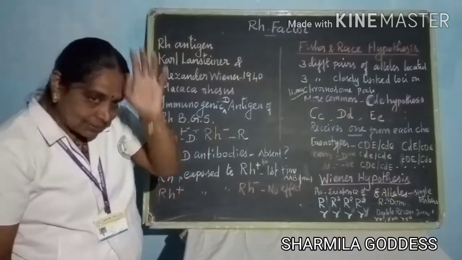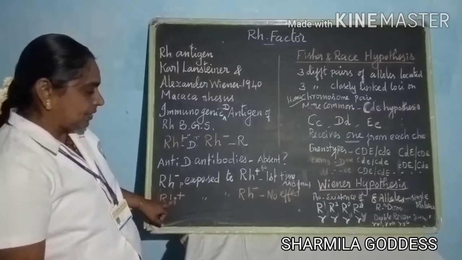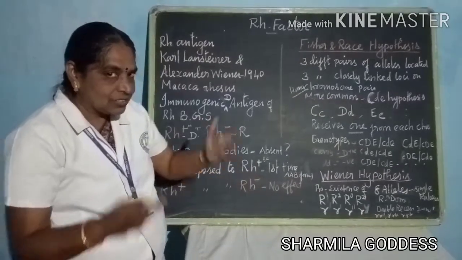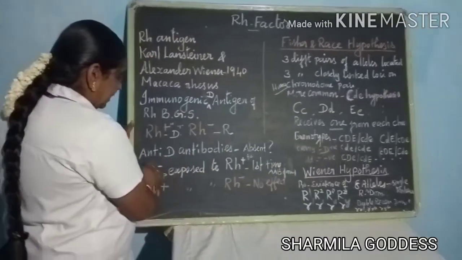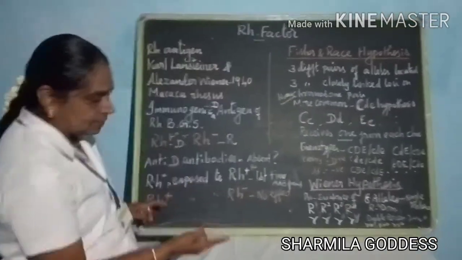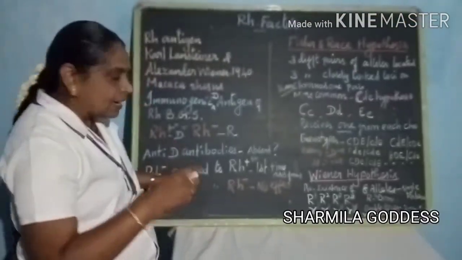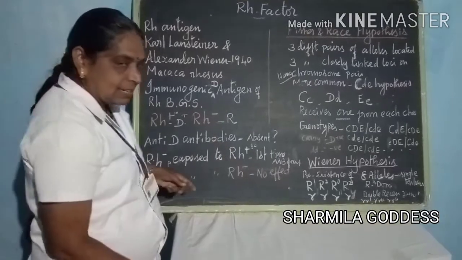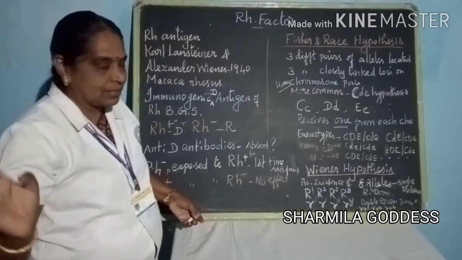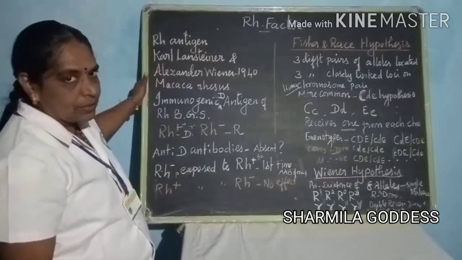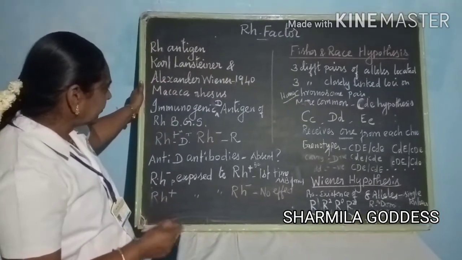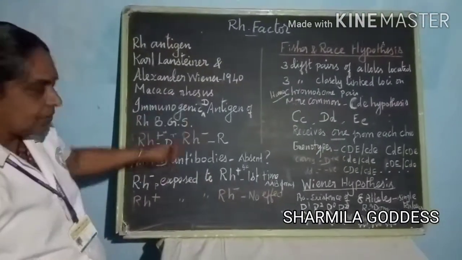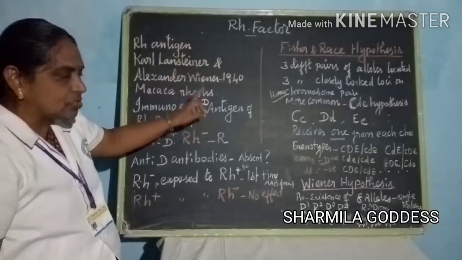At the same time, if an RH positive person is exposed to RH negative blood cells, there is no effect. It is very important to understand that when RH negative is exposed to RH positive at the first time, anti-D antibodies are formed, while RH positive exposed to RH negative shows no effect. Okay, I hope you understand. The nature of RH positive and RH negative is determined by antigen D.